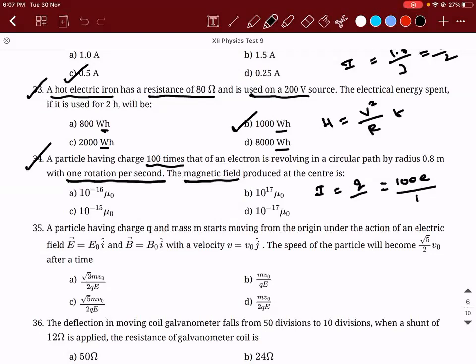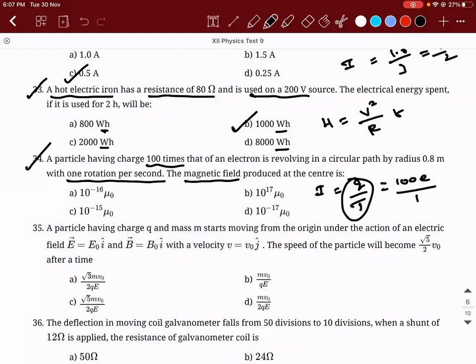Do you remember the concept of Bohr magneton and all? In the 5th chapter, there is a derivation. There will be an electron revolving in an atom. Due to that electron, there will be a dipole moment produced at the center. The dipole moment and angular momentum will be opposite each other. Do you remember this? Yes, sir. There we use this thing only, I is equal to Q by T.